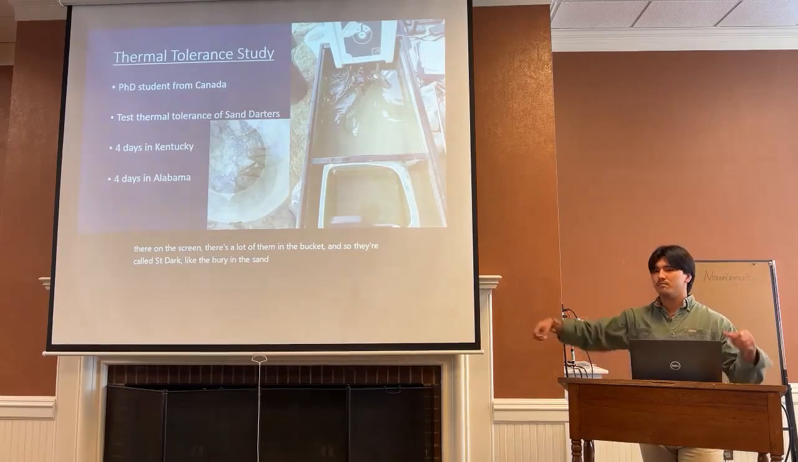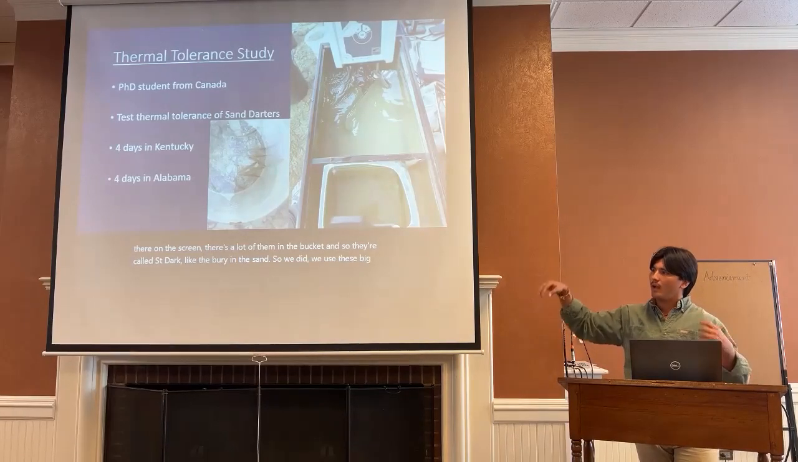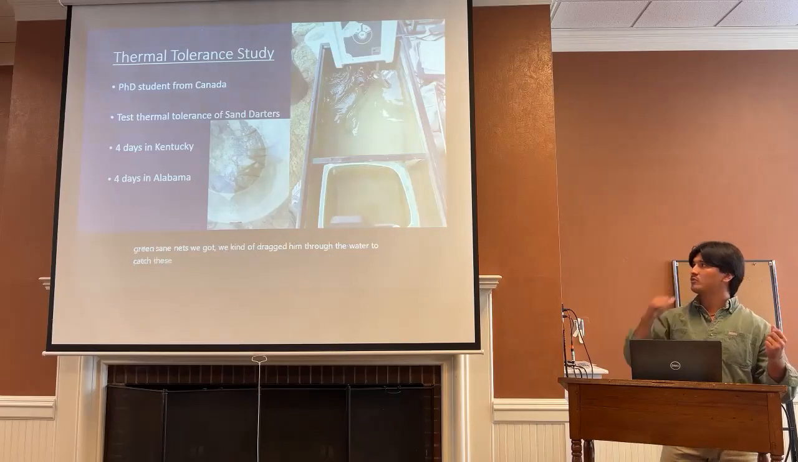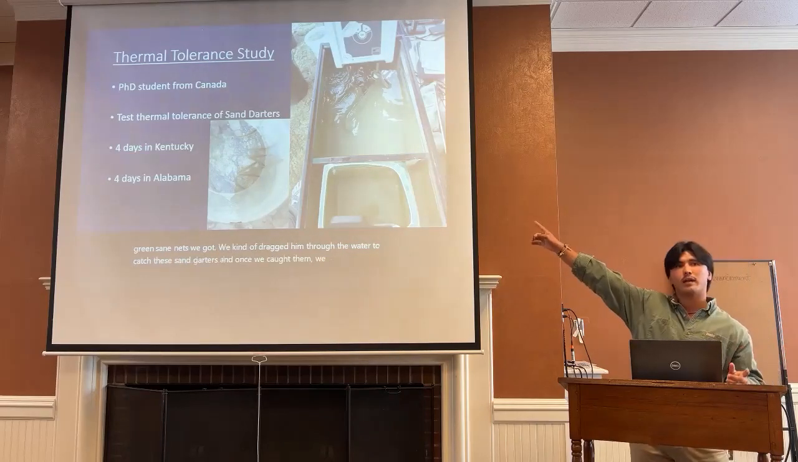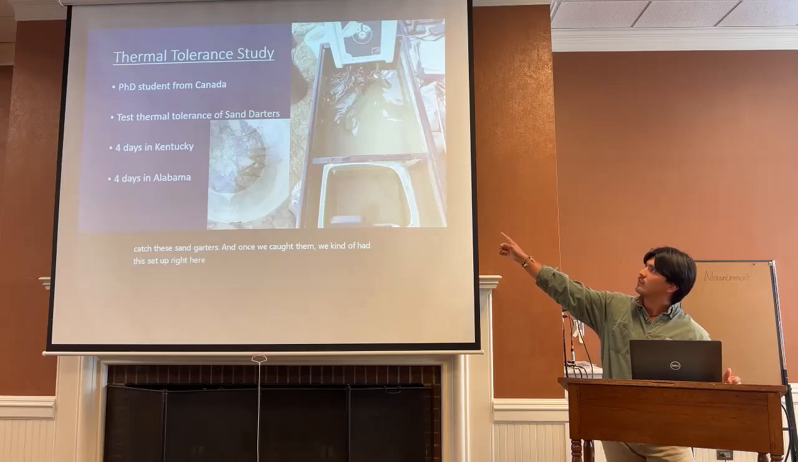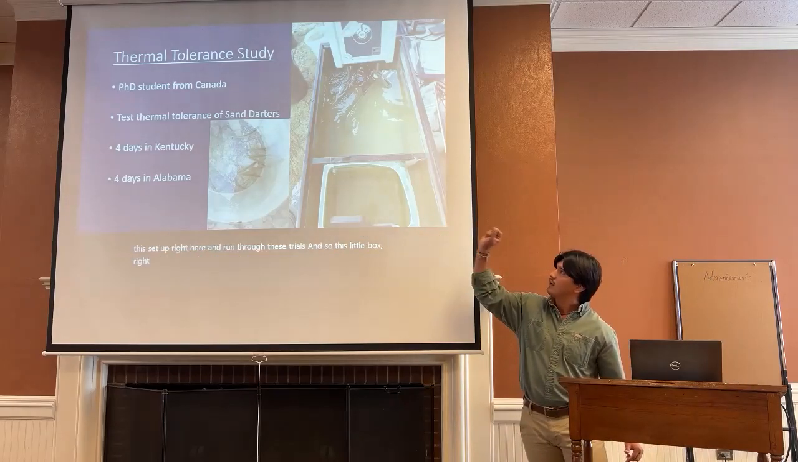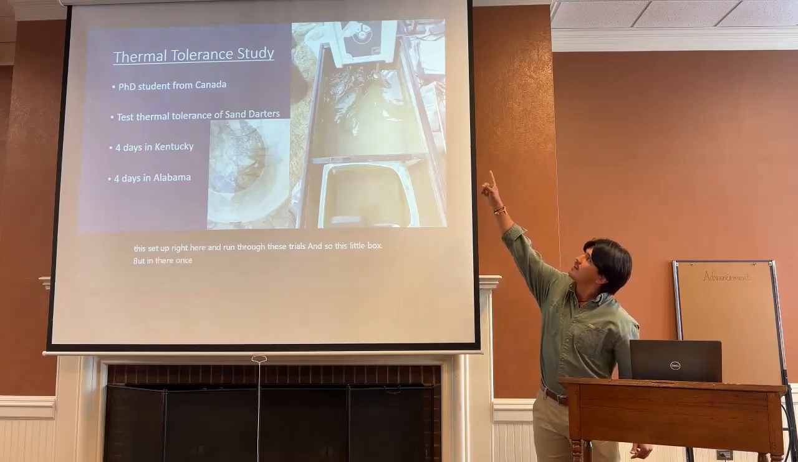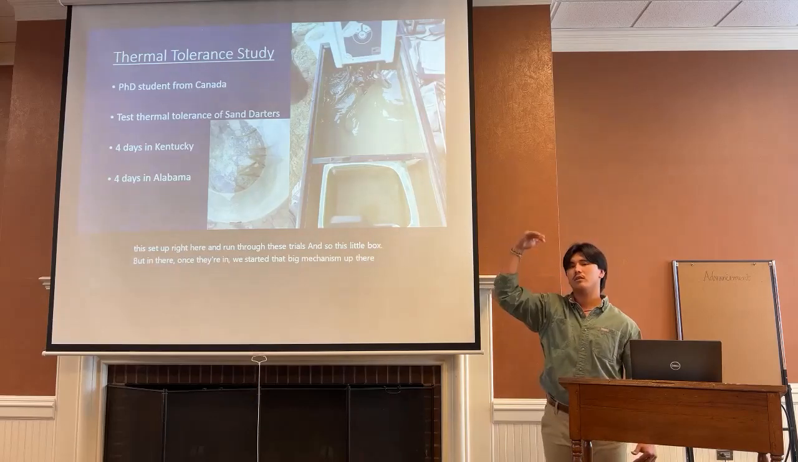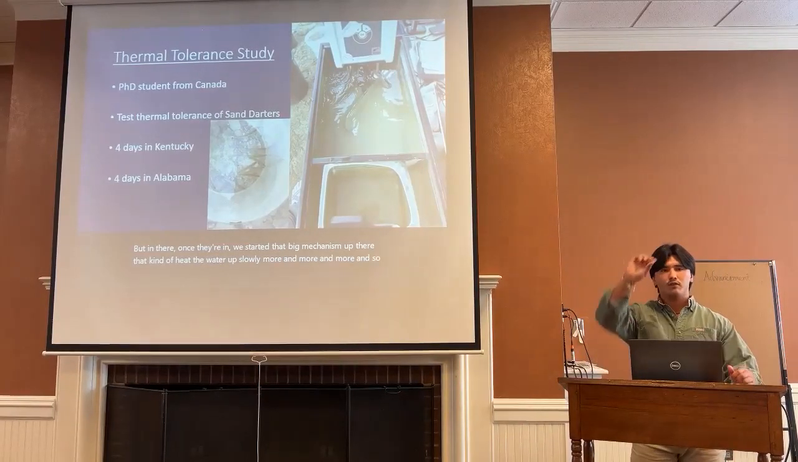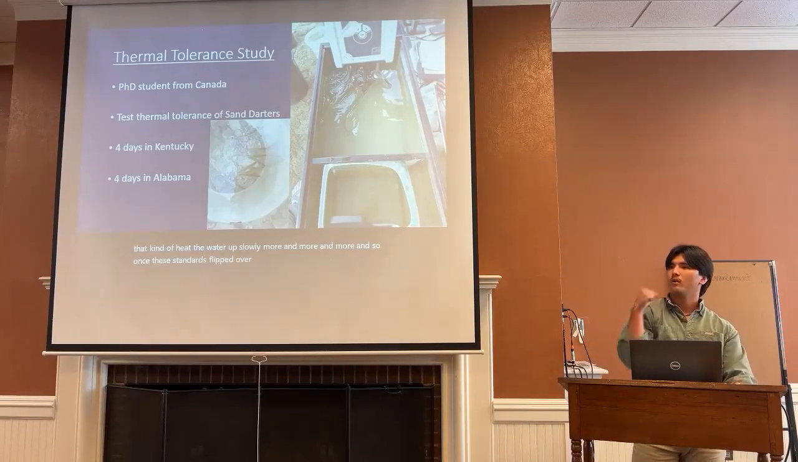So we used these big green seine nets. We kind of dragged them through the water to catch these sand darters. And once we caught them, we had this setup right here and ran through these trials. So this little box right here is where the sand darters went. Once they're in, we started that big mechanism up there that heated the water up slowly more and more. And so once these sand darters flipped over, we would pull them out of the water